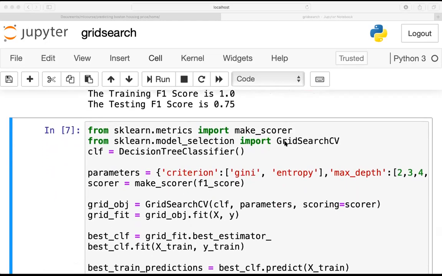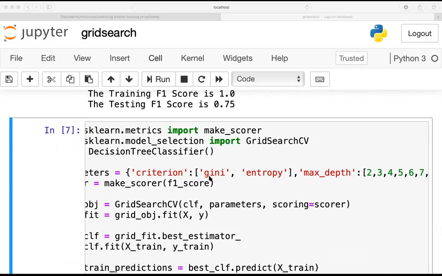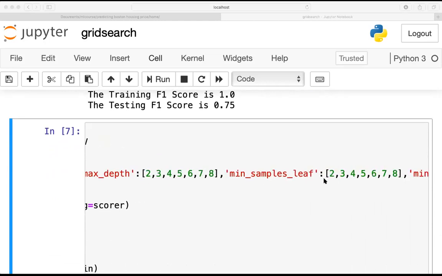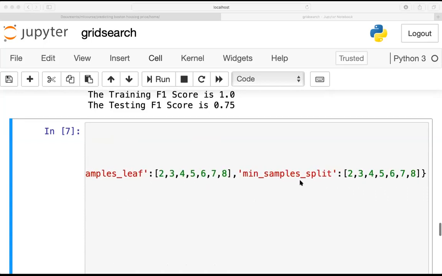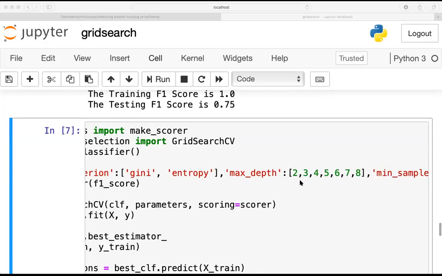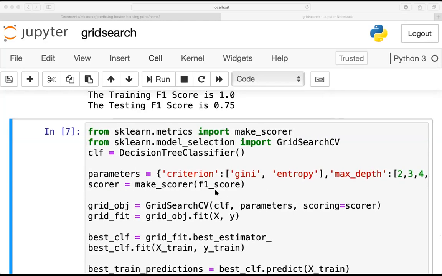For that, I am importing GridSearchCV from the sklearn module, and I am defining the classifier and giving the parameters. The criterion can be gini or entropy. For max depth, min samples leaf, and min samples split, I am giving all these values. Now I am taking the F1 score as the scorer, and then creating the grid search object by passing the classifier, parameters and scorer.